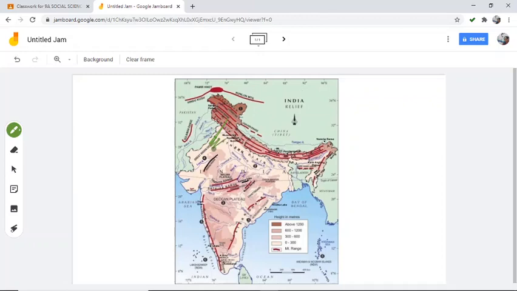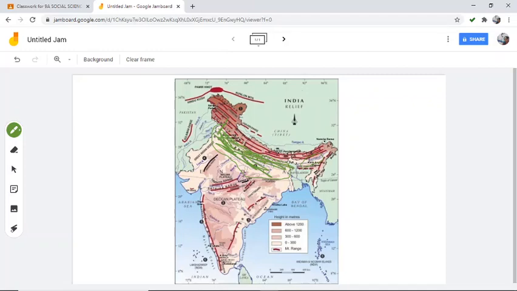Light shades, not like what I am doing, sorry, because I am not able to control the strokes here. Let me find. Yes, see, this entire area, from here to here, this much area, then a small part here also, that is Assam plain. So this entire area comes under northern plains.